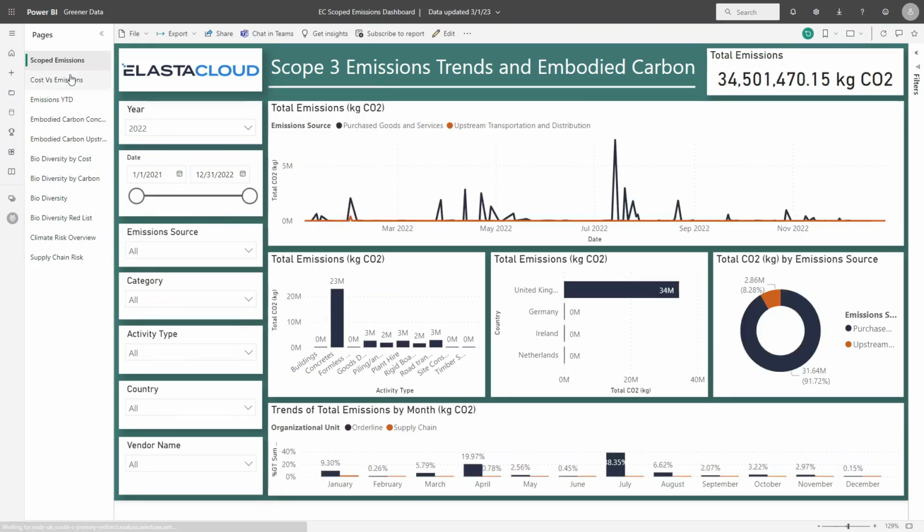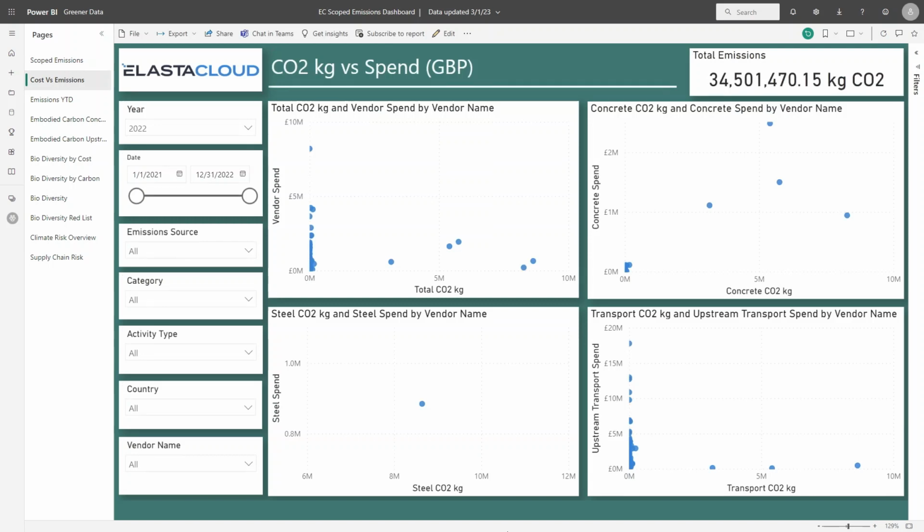On this page we have cost versus emissions. As previously mentioned, we have used order data in our calculations, which has allowed us to identify the vendor within the supply chain and therefore link the total CO2 from our calculations directly to a vendor. As we also have a dataset of the total spend by vendor, we are able to join these datasets to provide a cost-based perspective, viewing the overall spend of a vendor against their emissions and allowing us the ability to